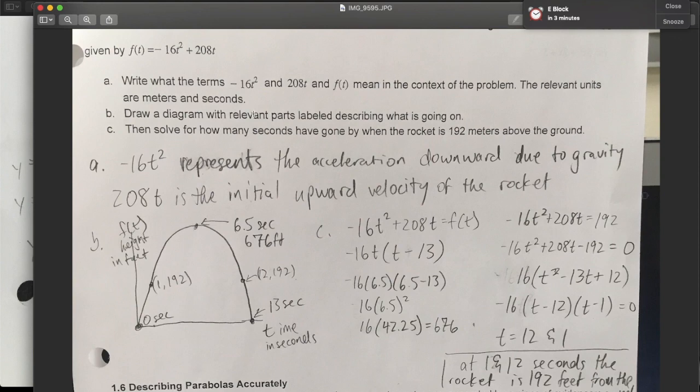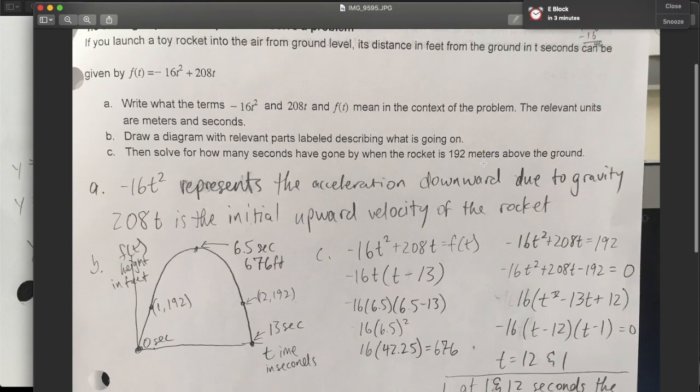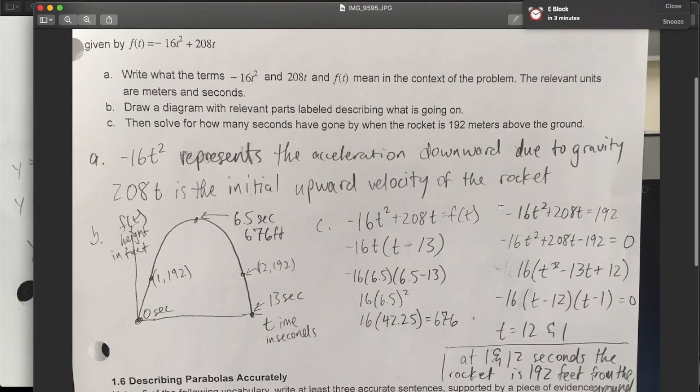Okay. Lastly, solving for how many seconds have gone by when the rocket is 192 feet above the ground. I wrote meters, but that should be feet. That was a mistake. Anyways, so what we do is we say, okay, when is our equation, negative 16t squared plus 208t, equal to 192? Well, you can see that we can turn this into a regular quadratic equation by subtracting 192